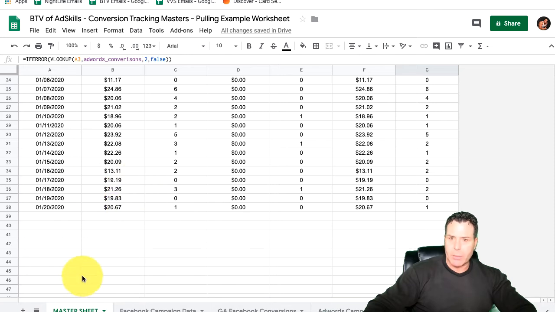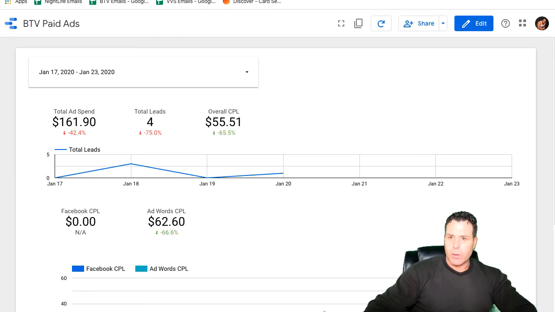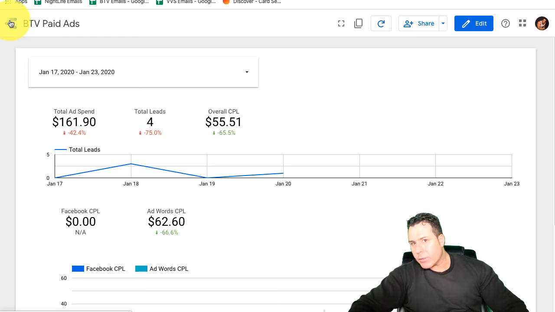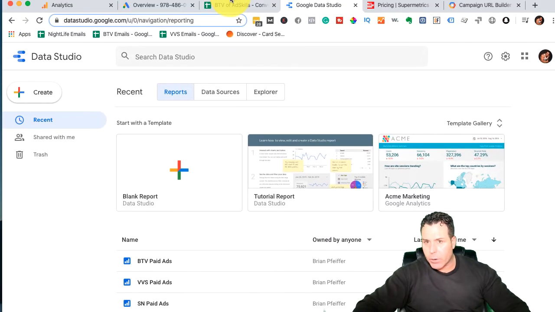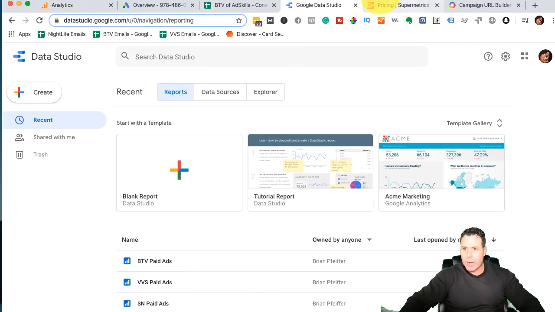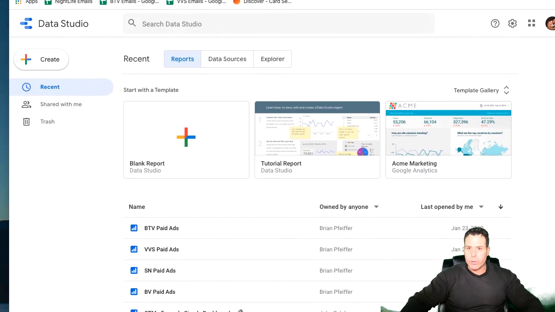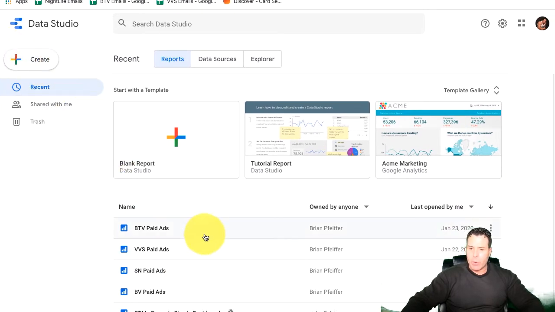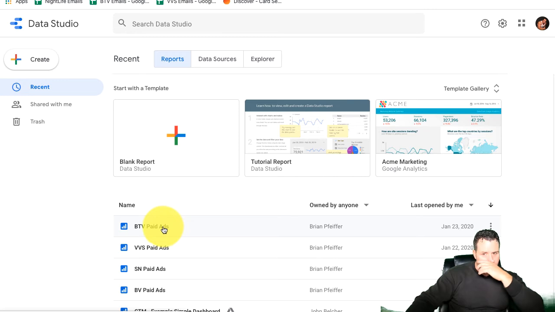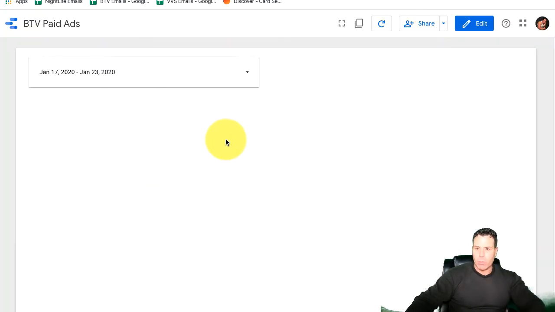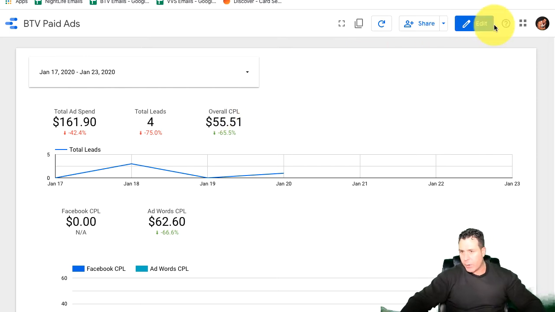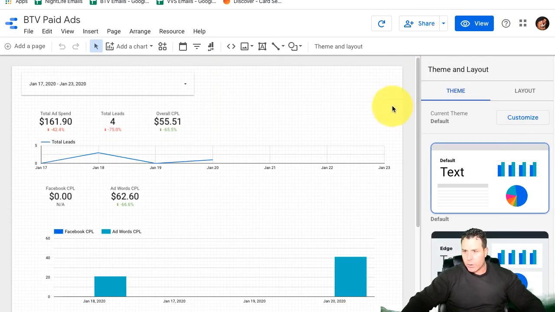But once you have this master sheet, then you go over here to Google. This is called Google Data Studio, okay? datastudio.google.com, and it's free. And then what you do is you just create a blank report, okay? And when you put the blank report in edit mode, you'll notice here that